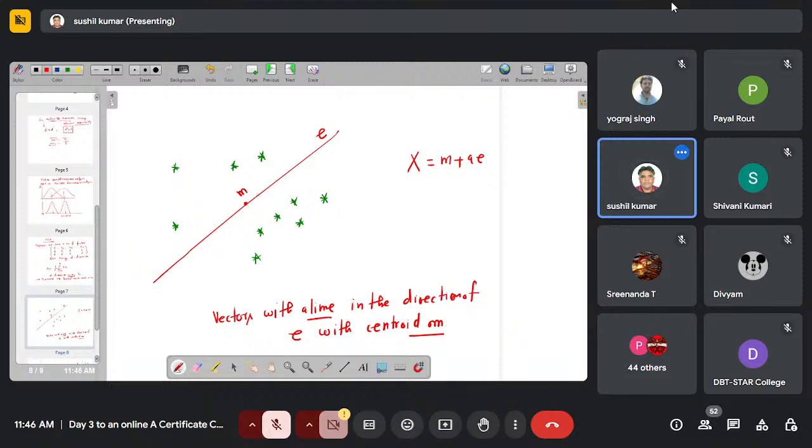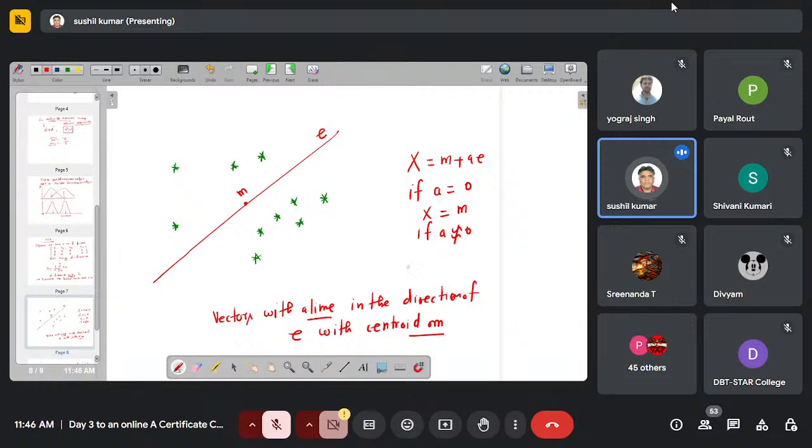So if A is equal to 0, then the equation will be x is equal to M. And if A is not equal to 0, then